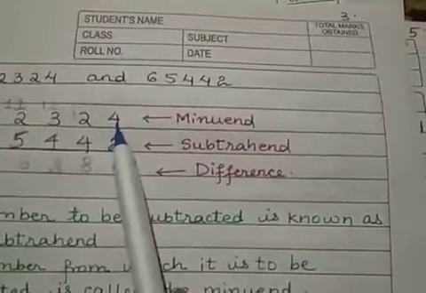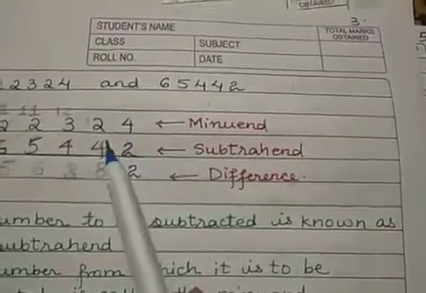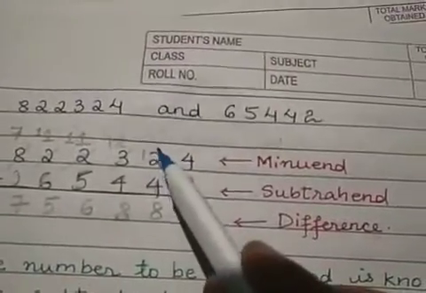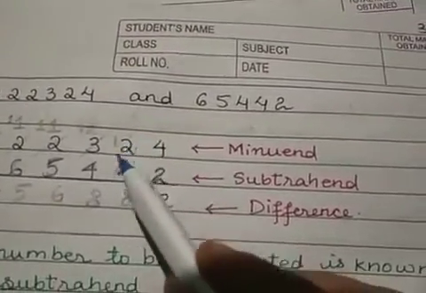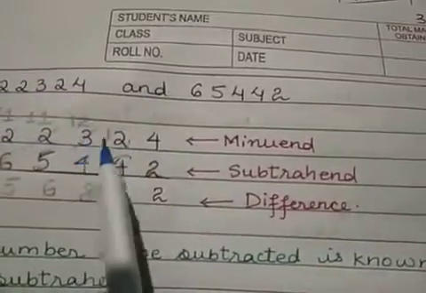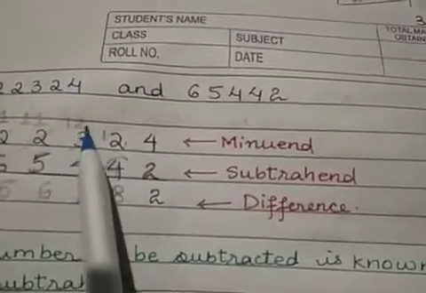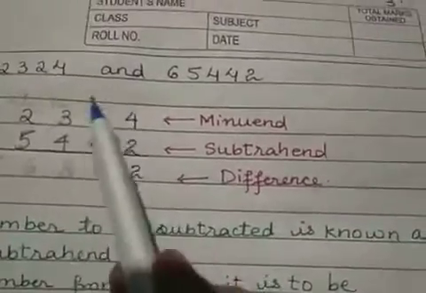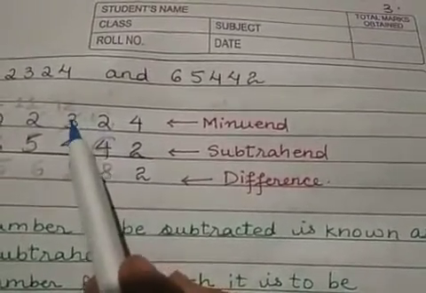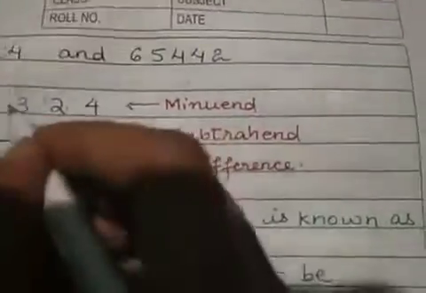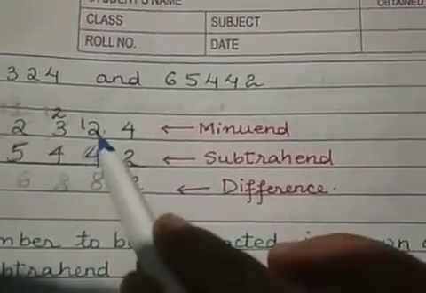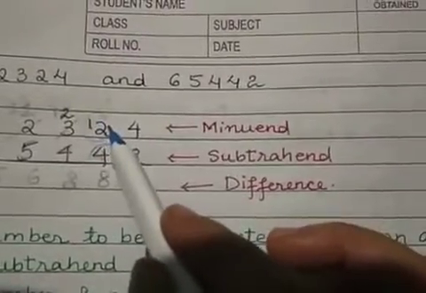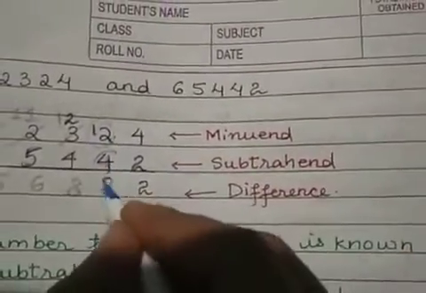So when you subtract, you get 4 minus 2 is equal to 2. Then if you look at this number, you see 2 is smaller than 4. So you cannot subtract a larger number from a smaller number. So you have to take 1 from the previous number. If I take 1 away from this number, then what remains here is 2. So you carry 1 here. Now can I subtract 4 from 12? Yes, because this is a larger number. So 12 minus 4 is equal to 8.